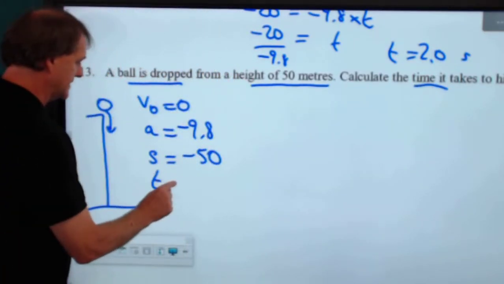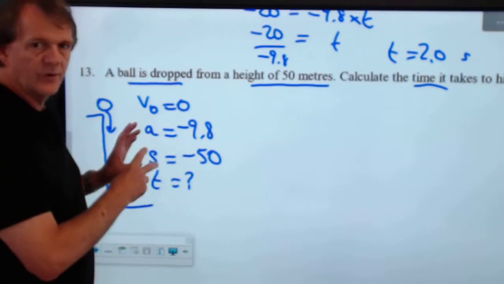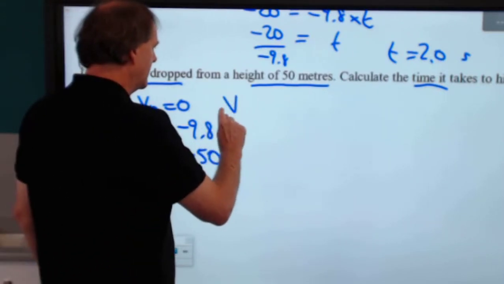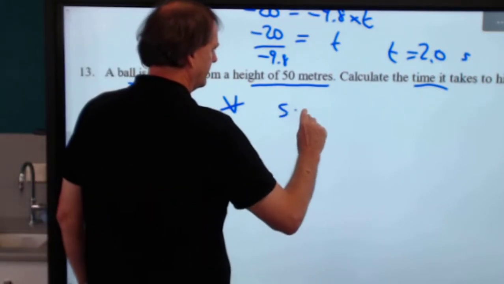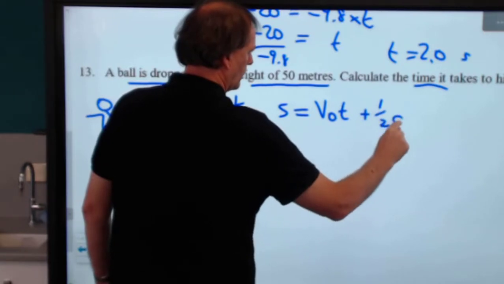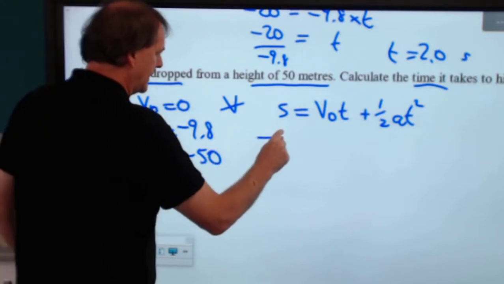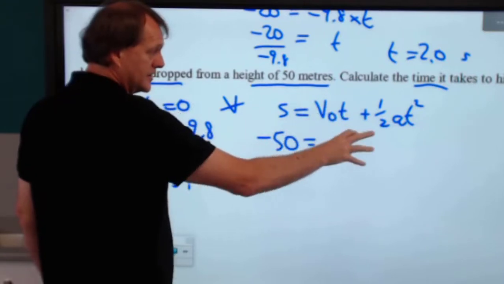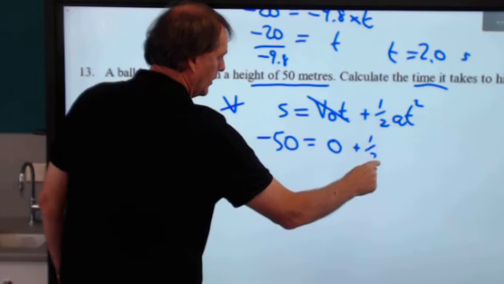So in that case, that's our unknown. So again, you can choose an equation without one of those quantities that are not involved here. The only one missing here is the final velocity, so this one here is not needed. So if you go looking for that equation, you can see that there's one here that looks like this. So in that case, we've got minus 50 goes in for s. v0 is 0, so anything times by 0 is 0, so we can actually ignore that, or we'll put a 0 there if you like. Plus a half of minus 9.8